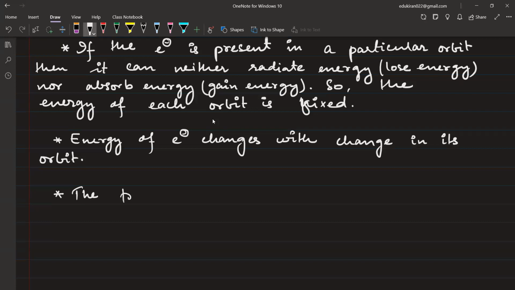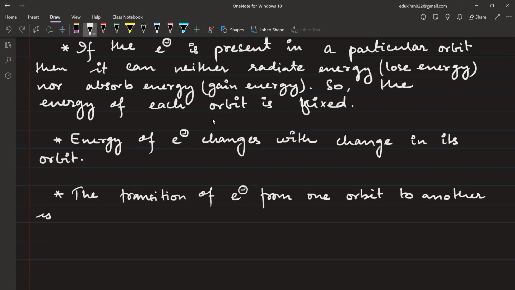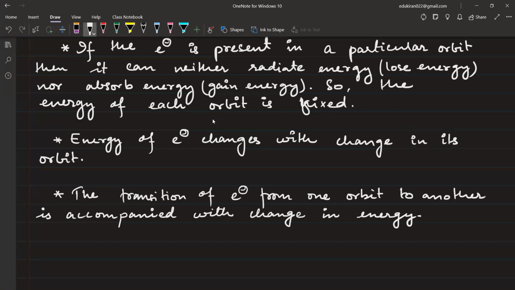Right, next, the transition of electron from one orbit to another is accompanied with change in energy. ठीक है, so for example,